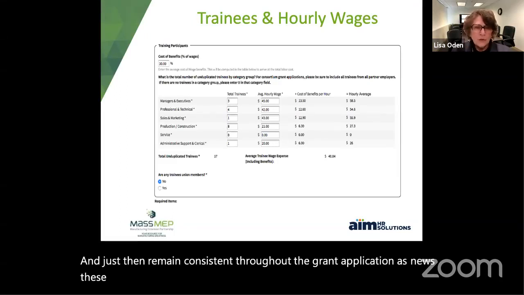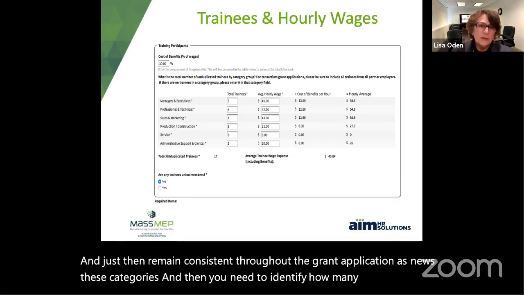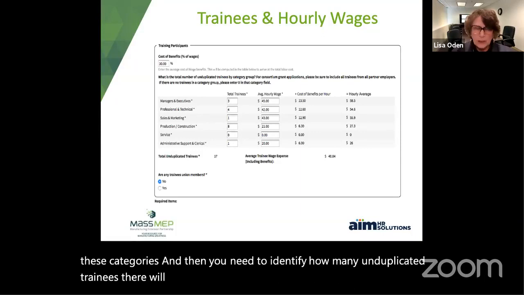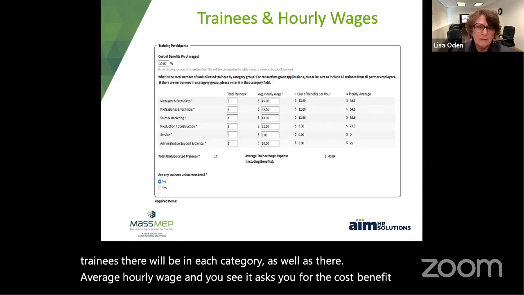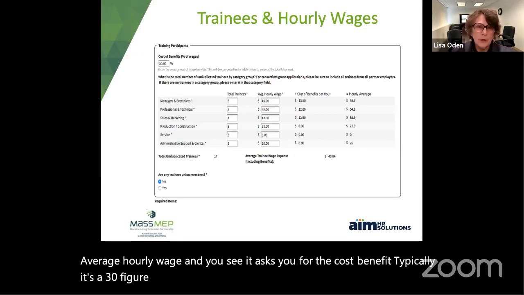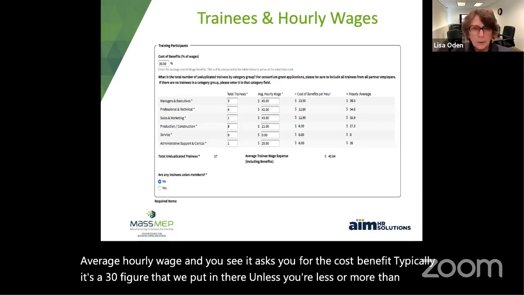And then you need to identify how many unduplicated trainees there will be in each category, as well as their average hourly wage. And you see it asks you for the cost of benefit. Typically, it's a 30% figure that we put in there, unless you're less or more than that, and we can change that number.